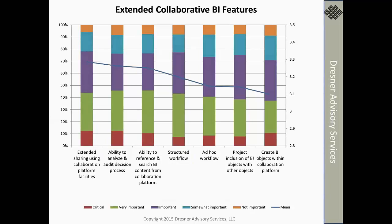Now here are the extended collaborative features that we have surveyed our community about as it relates to those enterprise frameworks. Most of them said that they want to use these frameworks to extend sharing. So for instance, if they're using SharePoint by way of example, they want the collaborative capabilities within that BI tool to integrate with that framework